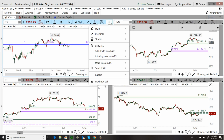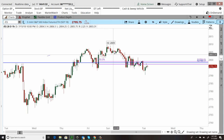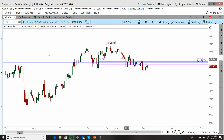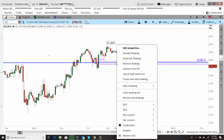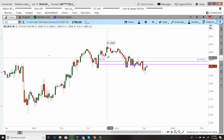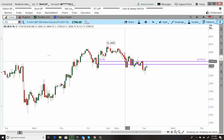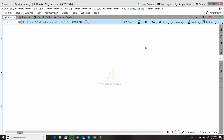So on the S&P yesterday, I thought that with some of the momentum that we had built up, we had a potential for a reversal at this purple area here. Let me get rid of the blue line. We had a potential for a reversal at the purple area, remembering that those purple areas are always going to be slightly lower probability. And if you take a look, when price did get down into that area,